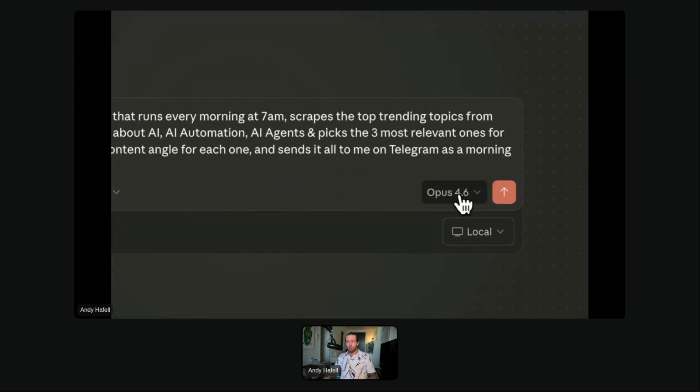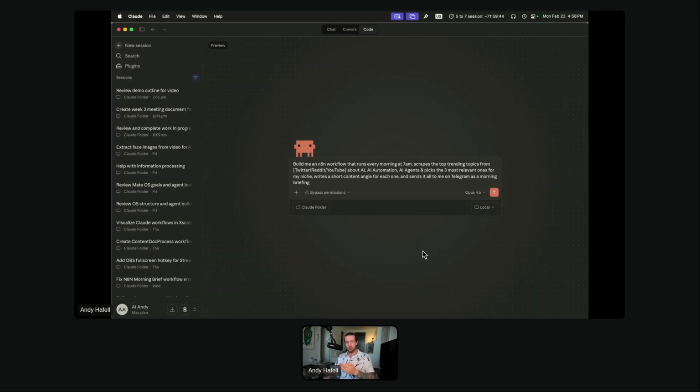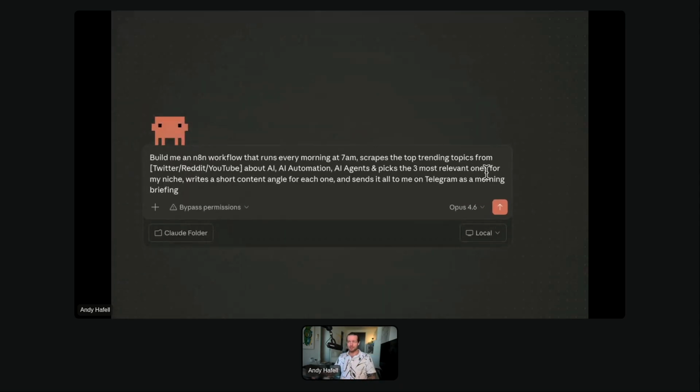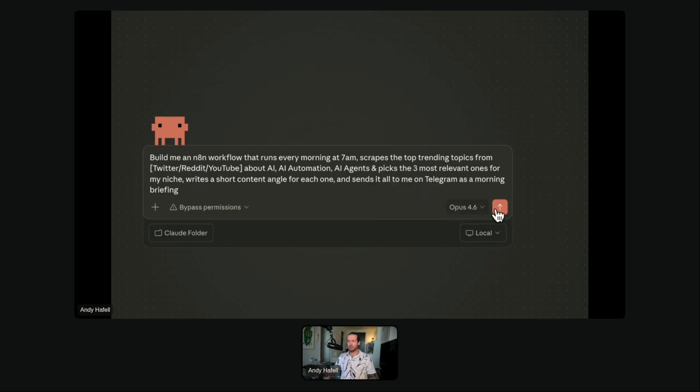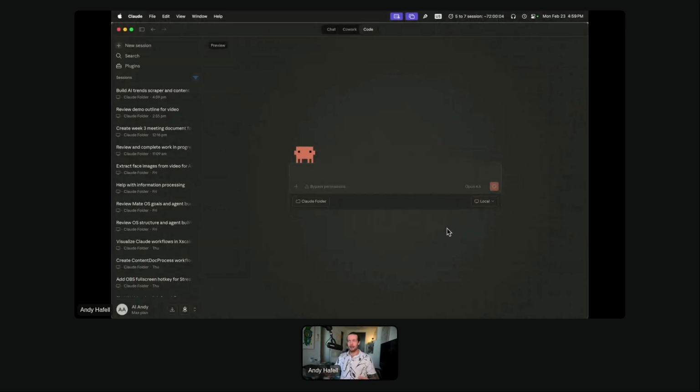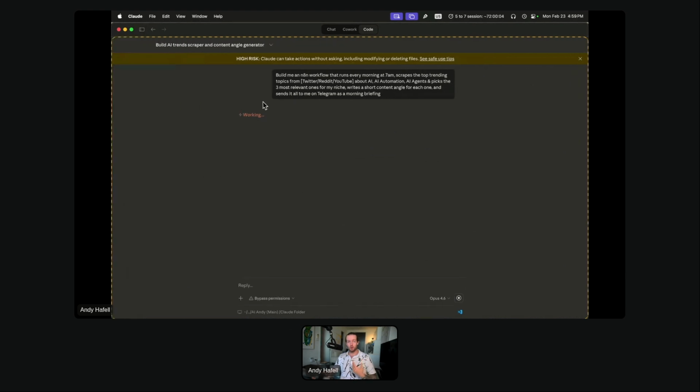Next, you need to use Opus 4.6. And lastly, you do have to have a paid plan. I think it's like $13 a month for the Pro. You might run into some limitations if you're using Opus 4.6, so I recommend going with Sonnet 4.6 if you are using the cheaper plan. It's not as strong, but it is good. So just go to whatever model you have and click on go. And now it's going to start doing the work.